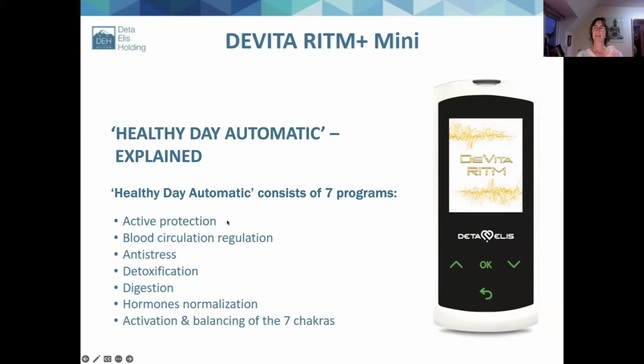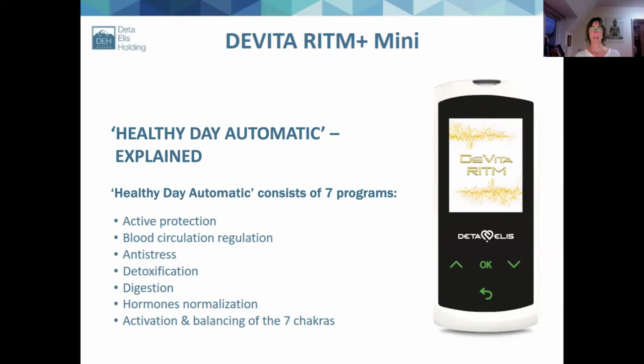Active Protection, which is a program that shields us from the effects of radiation, electrosmog, and from other people's funky energy, and even shields us from some bugs, from picking them up. It has a program to regulate blood circulation, to ensure our blood circulates easily and with a steady rhythm throughout the body. We have a de-stressing program, anti-stress. We have a supportive detoxing program, a program to balance the digestive system,